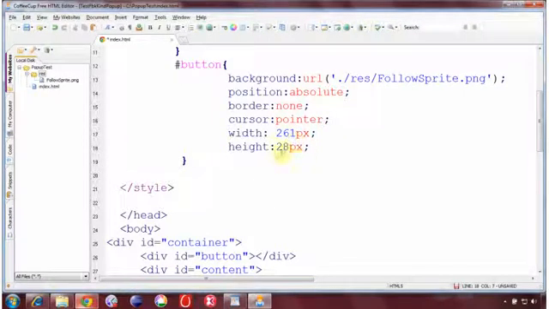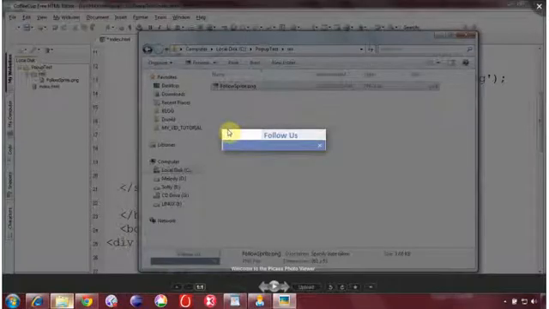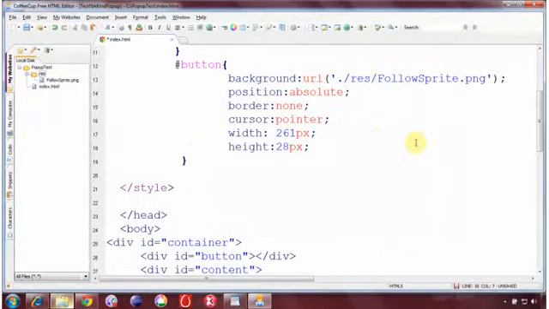Why 28? So that when this button is displayed either in the open or in the close phase, it's just going to have this half area only, not the full area. I will explain how this happens when I come to jQuery. Half of the image can be displayed from the CSS sprite. We have this width and height specified.